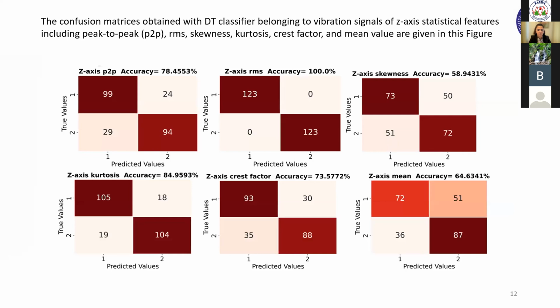The confusion matrices obtained with the decision tree classifier belonging to vibration signals of z-axis statistical features, including peak-to-peak, RMS, skewness, kurtosis, stress factor, and mean value, are given in this figure. The highest accuracy rate of 100% was achieved with RMS, while the lowest accuracy rate of 58.94% was achieved with skewness in